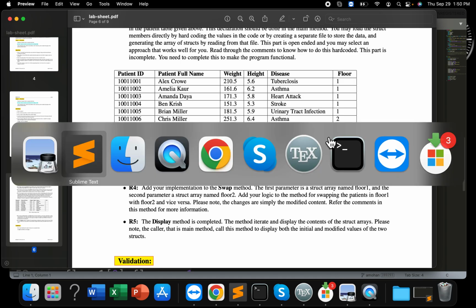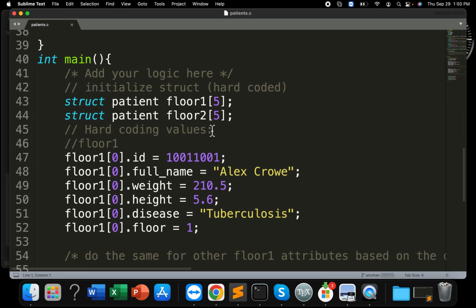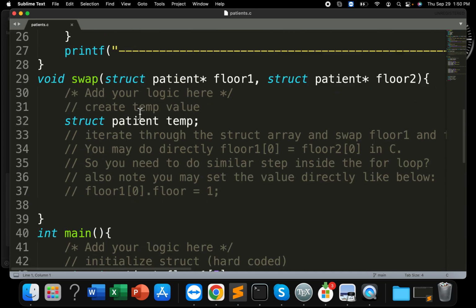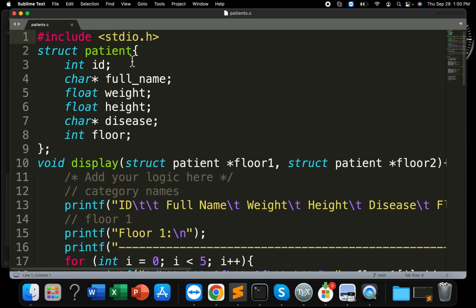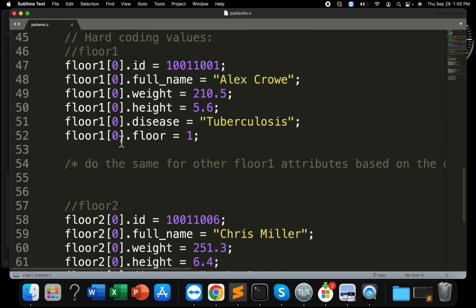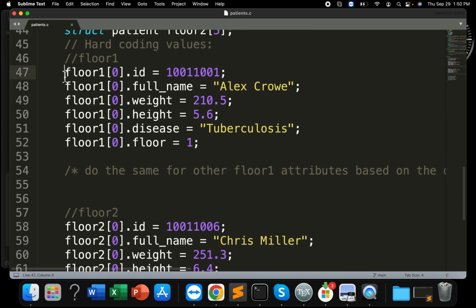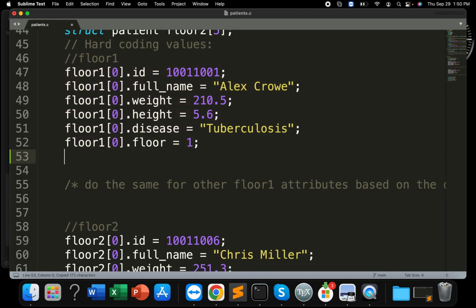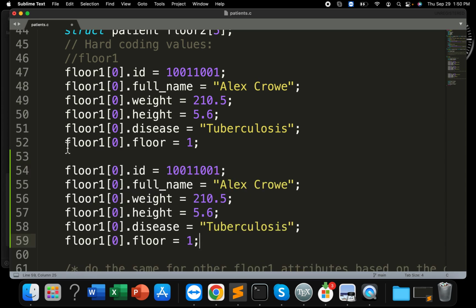What you would want to do is load them into the floor 1 and floor 2 struct patient. You can see patient is a struct, a heterogeneous data type that has a patient ID, patient full name, their weight, their height, disease, and the floor. The sample here is already showing floor 1, 0. So you may want to do the same thing with floor 1, 1